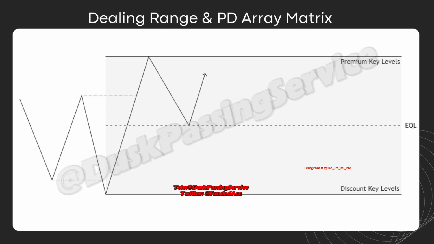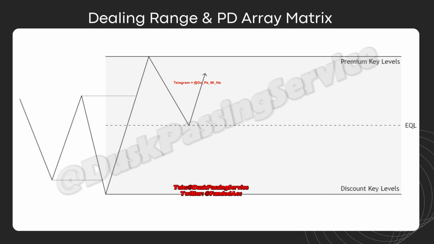When this swing ends and stops, that gives us a dealing range. This whole range of price taking out the range low or the swing low and then taking out the range high gives us a dealing range, and when this is divided into two halves, it gives us the premium and discount region. As I said before, the case study that we are analyzing here is in a bullish market condition, which means that the structure is bullish, or maybe the order flow is bullish. So now we're going to explain what price often does in such a market condition when price forms this sort of